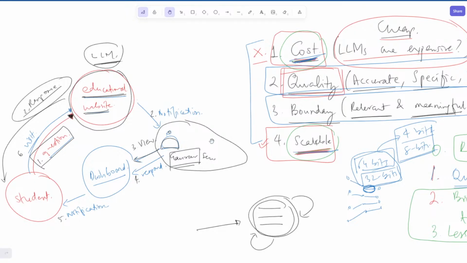We have looked at how we can reduce the cost of these models and how to make them scalable. But let's now focus on the most important part, which is quality. The quality of the response has to be really, really good for the humans over here to feel good about your website. If they don't feel good, they're going to drop off and never come back.